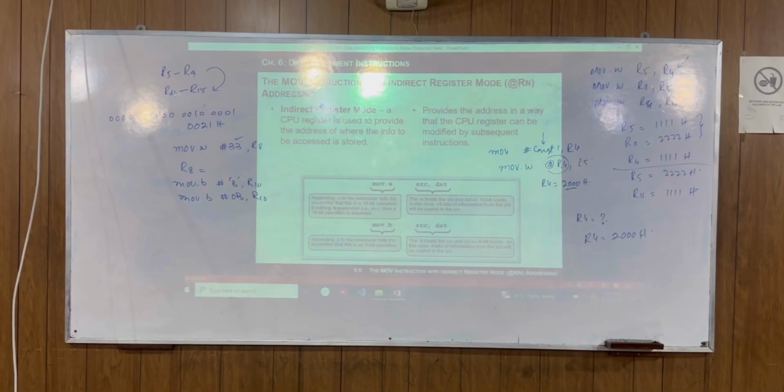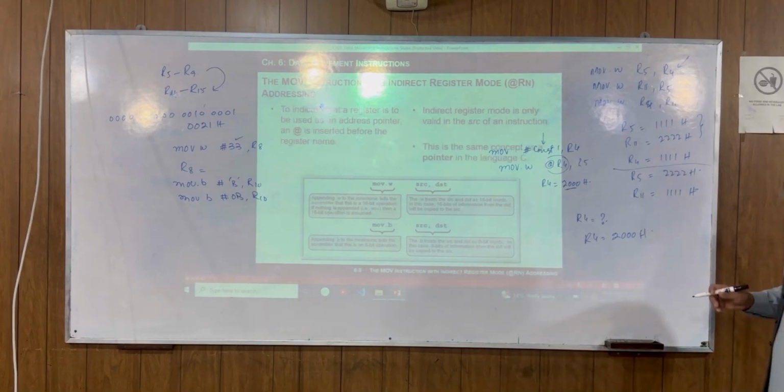Bear in mind that these registers are 20 bits wide, and the full version of the MSP430 can address 1 mega of memory, so 20 address lines would be used. But in our studies, the MSP430FR2355, we use 16-bit addresses, A0 to A15. Okay, next one.